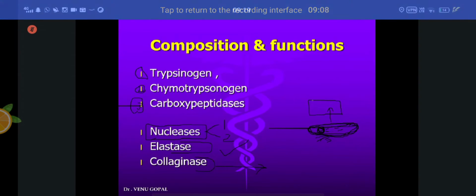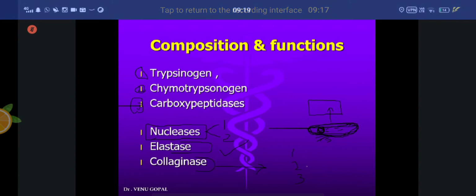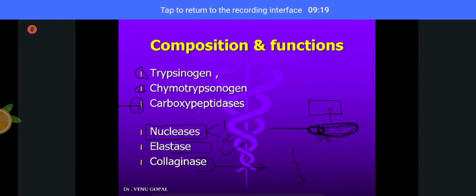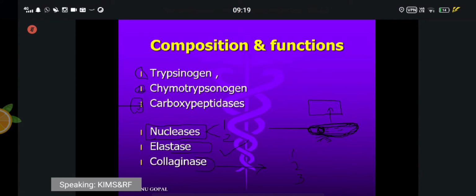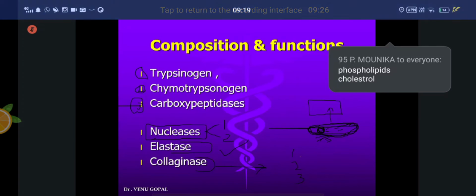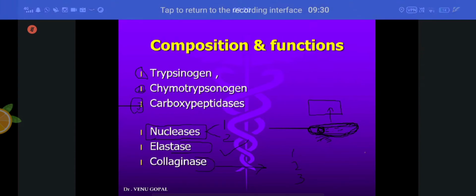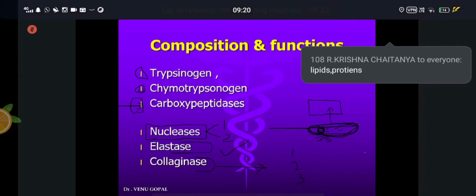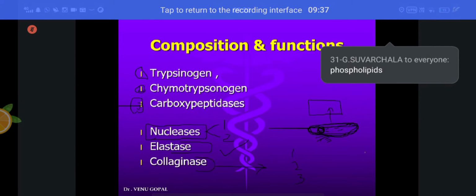Okay. Then if you take independent cell, muscle cell membrane is formed by, what are the major components of cell membrane? Can you mention 1, 2, 3? So far we have completed the list of trypsinogen, chymotrypsin, carboxypeptidase, proteolytic enzymes, then nucleases, elastases, collagens. And what are the major components of cell membrane? Phospholipids and cholesterol. Lipids. So that we need to digest the cell membrane of the tissue, that is chicken or mutton, which contains muscle tissue of the animal.